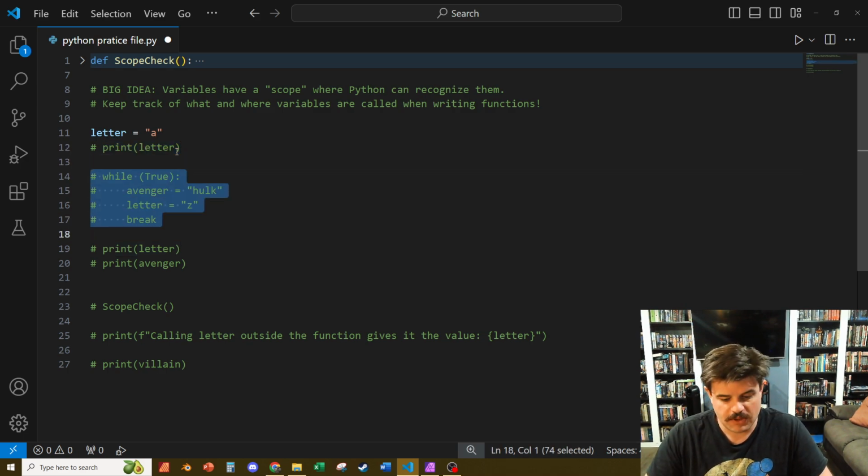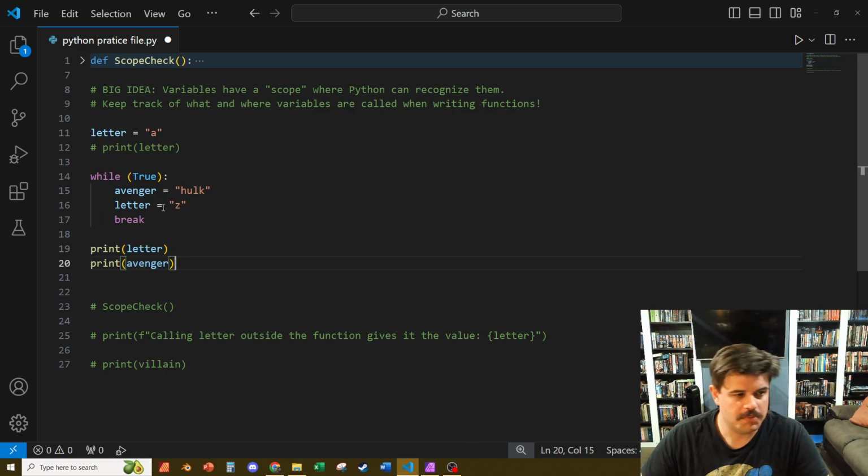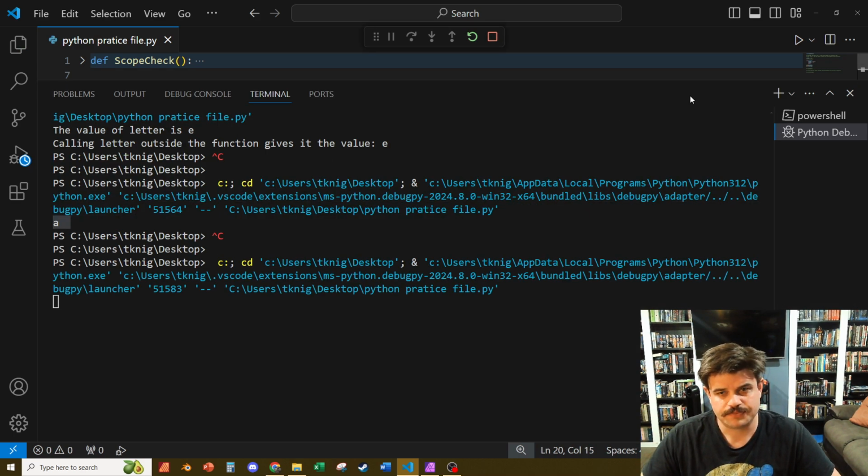What I'm going to do is run a real quick while true loop just to show scope in and out. I'm going to have a new variable that gets set up called Avenger, and I'm going to have a letter, again, this letter. It's going to get a new value of Z, and then I'm going to print both of those. I don't need to use a while loop, but I thought with the indentation it might be a good idea just to take a look at it. So let's